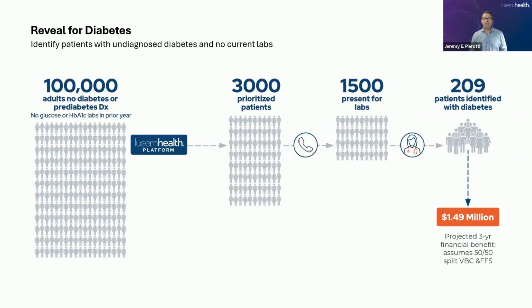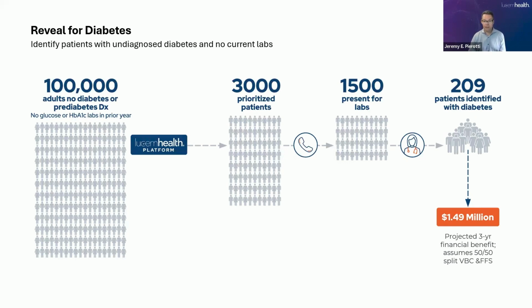So we asked the question, what if you could target and find patients who don't have a current diabetes diagnosis, who don't even have current lab results, but use the clinical data you do have to find and diagnose patients who have uncharted diabetes and do so with about 5 times the typical efficiency? So that's the idea behind the use case here.